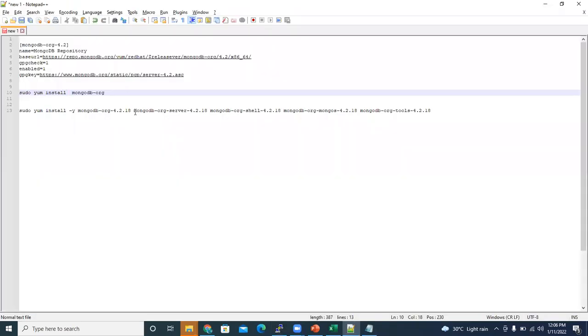If I want 4.2.16, I should explicitly mention that version, 4.2.16. I'm not sure 4.2.16 is really available or not. Let me try.